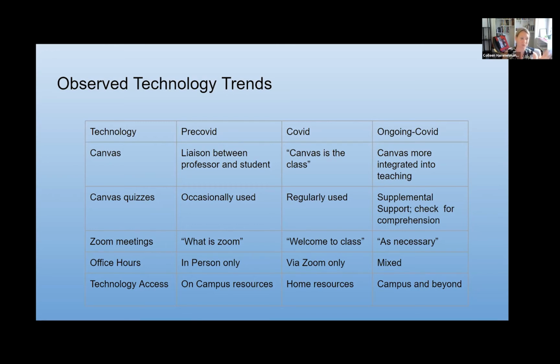And we really were sort of reflecting on this trend of before COVID, you know, that this technology was occasionally used. Students maybe weren't so familiar with it. Obviously, in the heat of the pandemic, everything went online and we all had to learn how to navigate it quite quickly. But as this goes on, we're finding a lot of these tools are really useful for meeting students where they are.